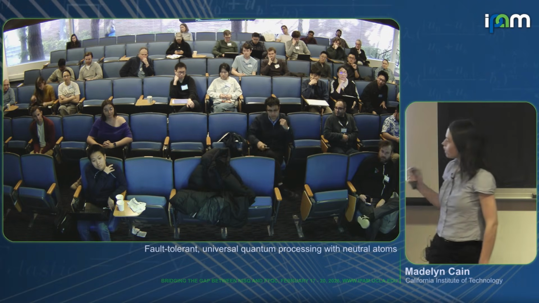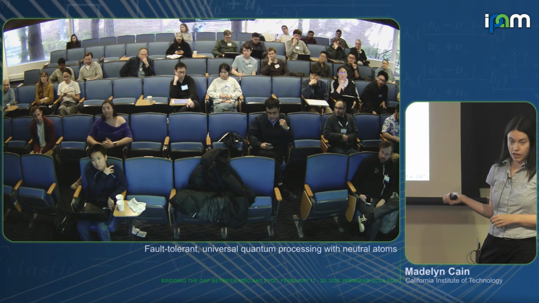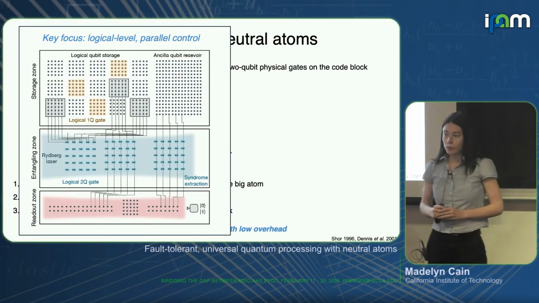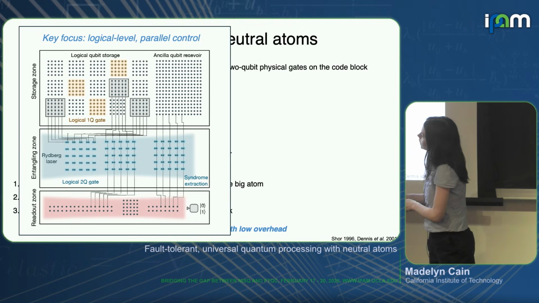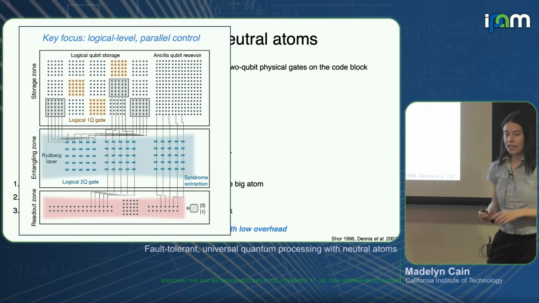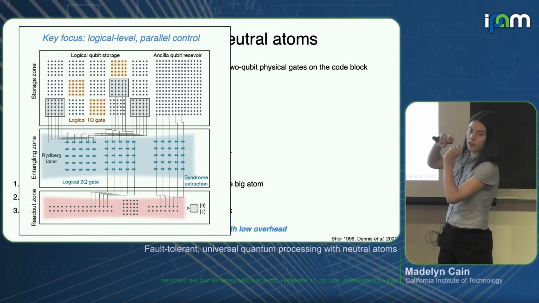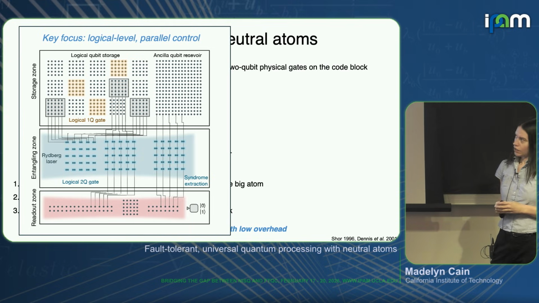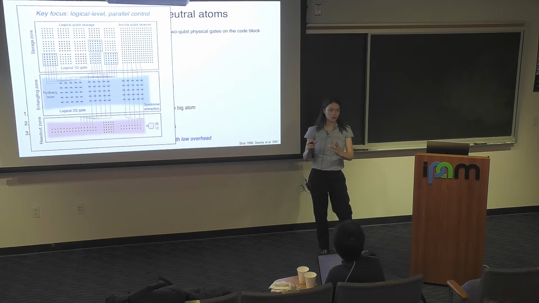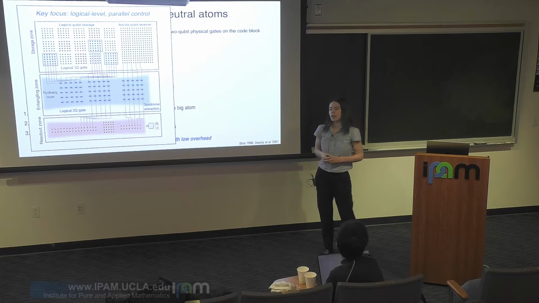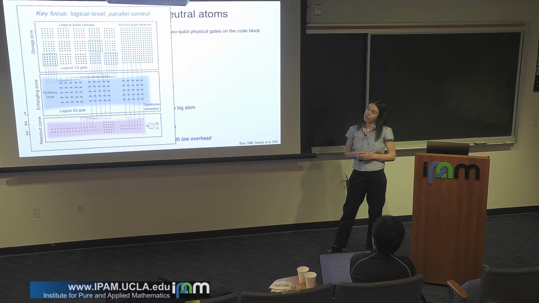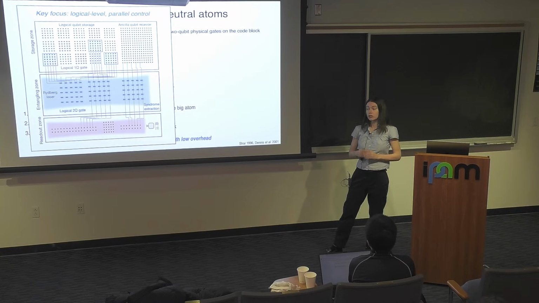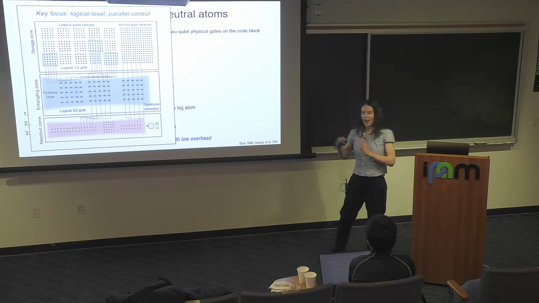Great question. The idling error rates are not fundamentally different in the entangling zone. The reason that you don't want to keep qubits in the entangling zone is that if they're in there and you do a gate, even if they're not intended to do a gate but they're still there, they'll get a little bit of error. So you have crosstalk, right? Or I wouldn't call it crosstalk. It's just a local single qubit error, so it's localized to just a single atom, and the error rate's pretty low. In the previous work, it was maybe on the scale of 0.1% per gate. So still below threshold? Definitely below threshold, yeah. You just don't want them there not doing gates for too long.